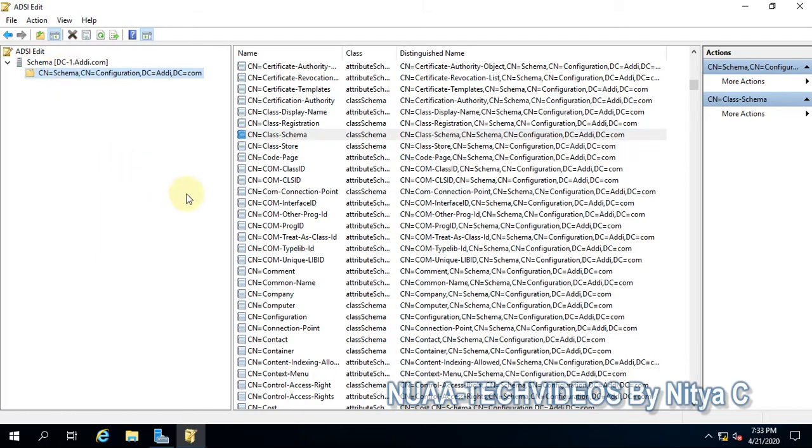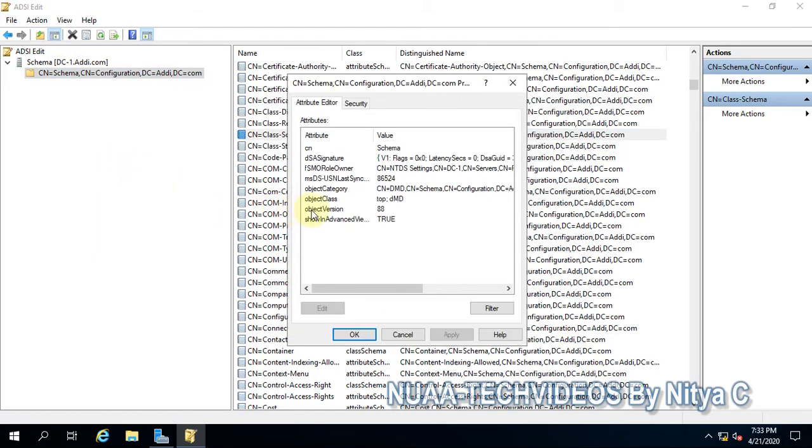Let me find out. Go to the properties, and here you go. The object version is 88. This is the version of the schema. I am running a 2019 server, so in 2019 the schema version is 88.